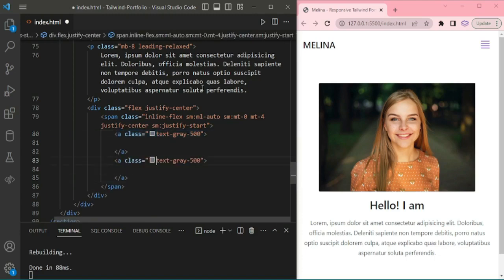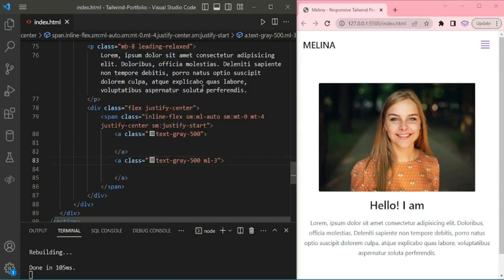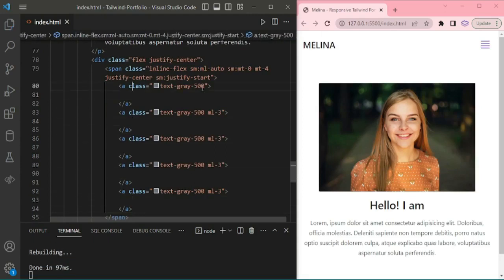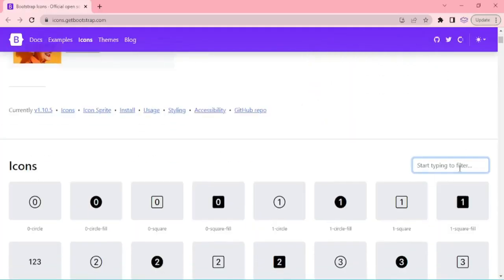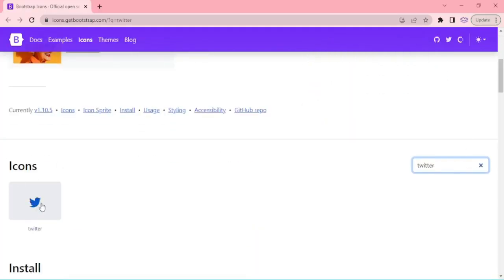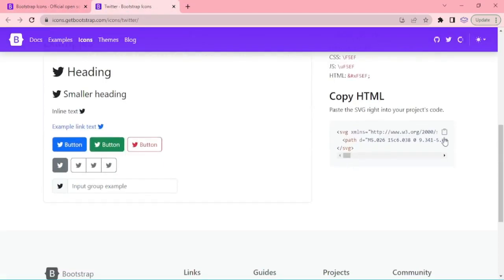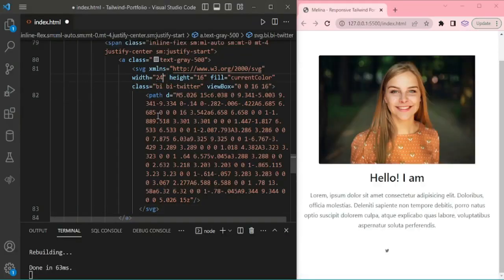I'm adding for others. I'm adding 5. Here I'm using Bootstrap icons. We can search it in Twitter. Here we can copy this SVG and paste it here and change the height and width to 24. So now we got the Twitter icon,